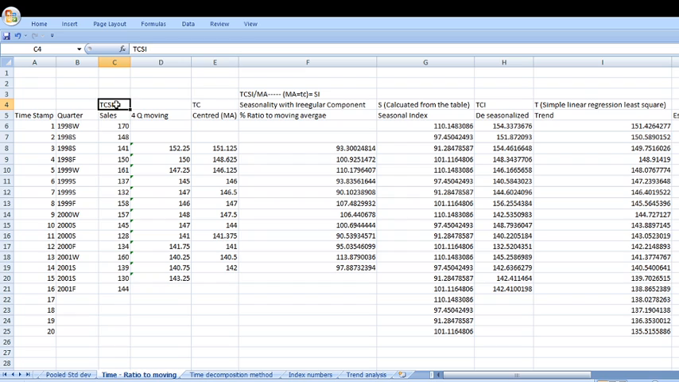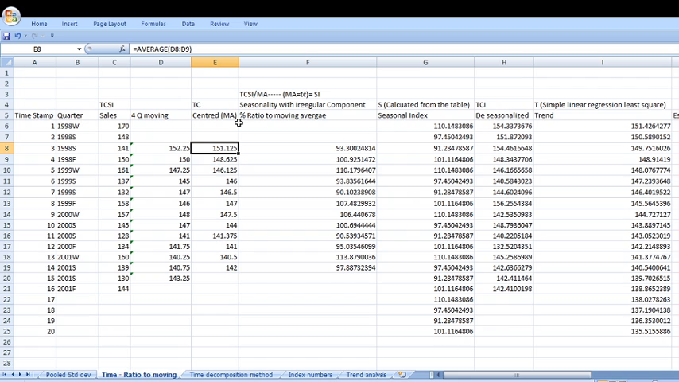So TCSI is my original series, right? And I've got moving average already identified. So if I divide TCSI by TC and TC gets cancelled, I will get an SI component, right? So for ease of understanding,